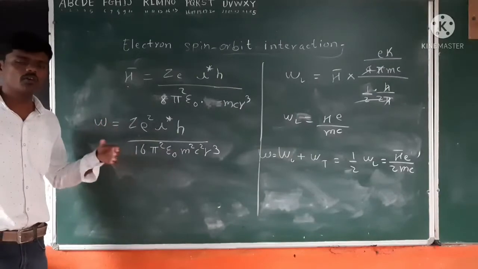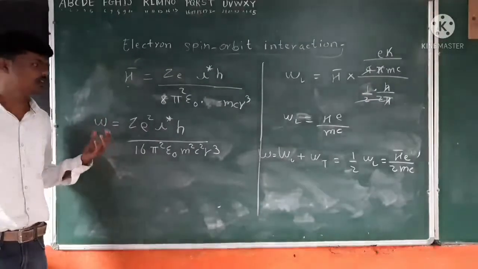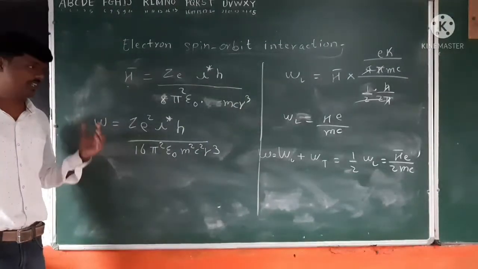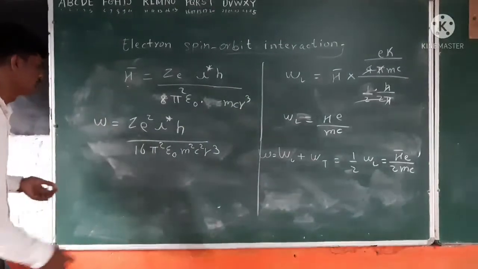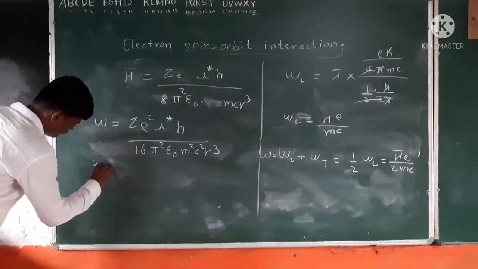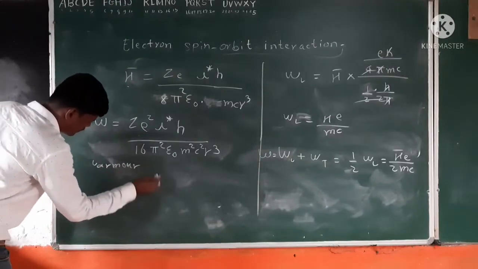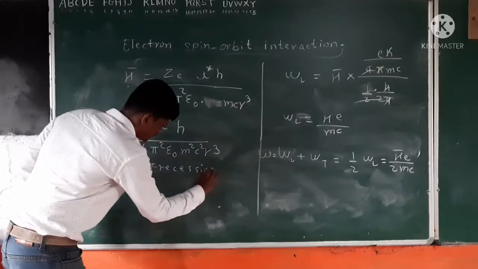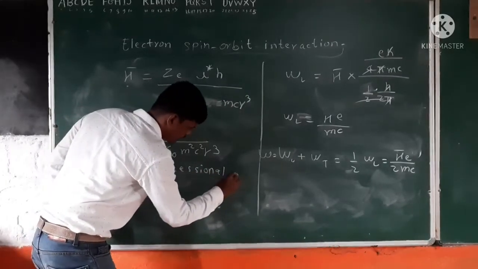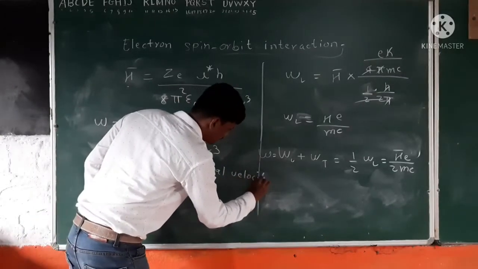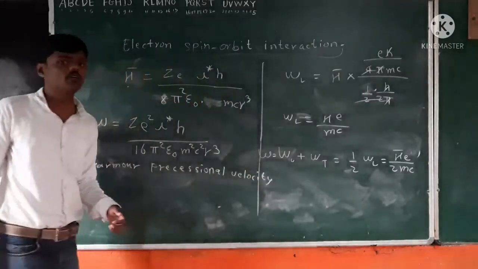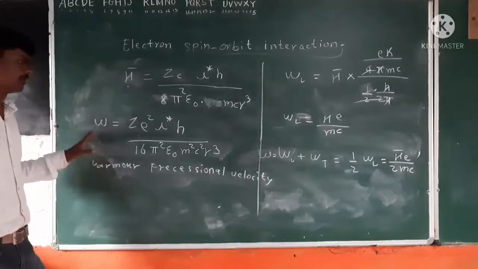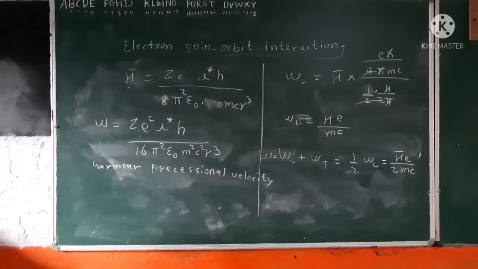When the electron revolves, precesses around the magnetic field, we can call it Larmor precession. So that angular velocity is also called the Larmor precessional velocity or angular velocity. That special angular velocity, we will call it the Larmor precessional velocity omega. We know